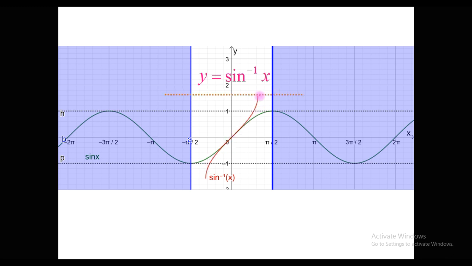Now next thing, it shows only this much graph. It is not extending here, it is not extending here. Where should this horizontal line intersect? What is the value of y at this point? Similarly, what is the value of x at this point? These two values we have to find, or you may do this as homework. We will resume the talk next time.